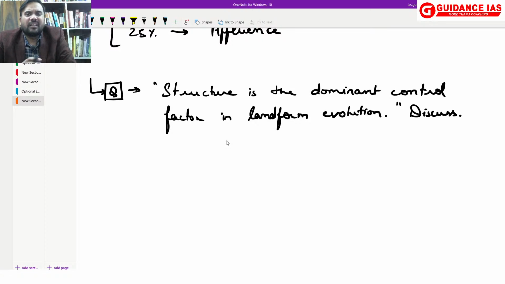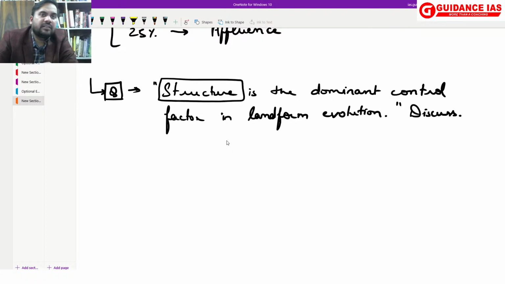But what will happen? Everyone has read something about structure. They know a little bit about structure, so they will go and write something on structure. Many times I have given this in the test, and most of the time students bring pen into the discussion, and they write a few things about structure, and they feel very comfortable, very satisfied. But when they get marks, they are much more surprised, because here this answer has a fixed content.